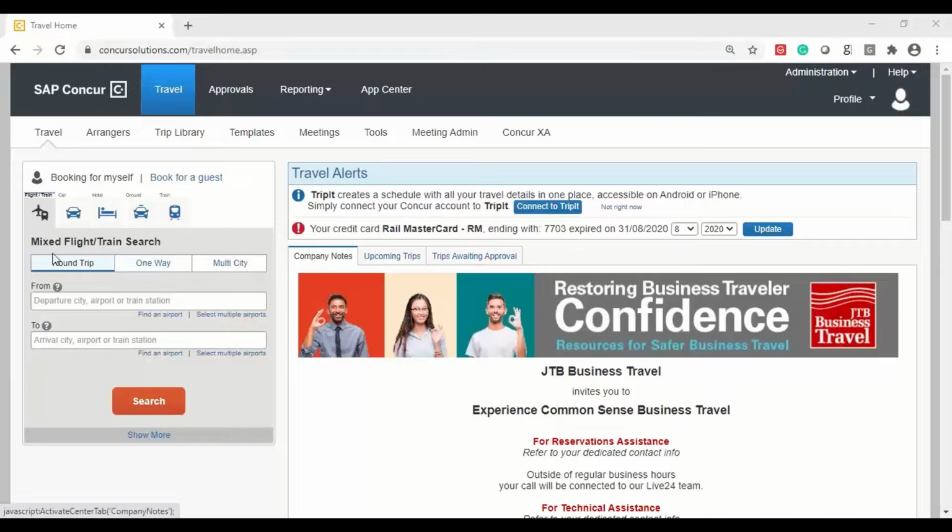And under flights, you can see it's selected because it's grayed out. I can book a round trip, a one-way, or a multi-city. Online booking tools, as a nice reminder, are great, but not perfect for everything. So they're going to be really helpful for simple round trips, one-way bookings, but anything a little bit more complicated,